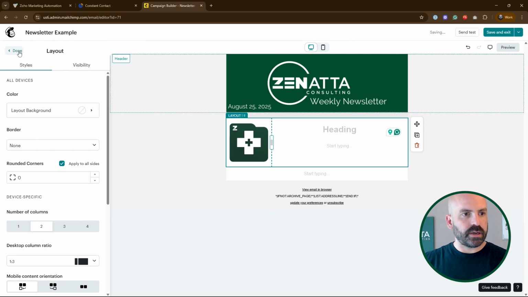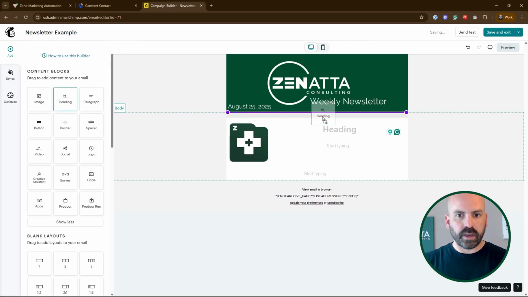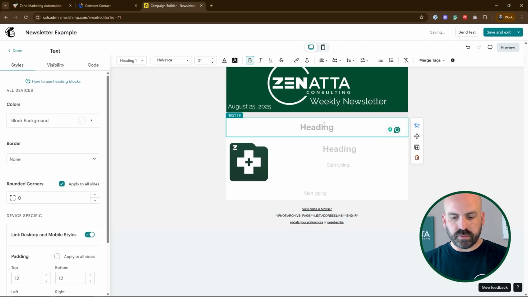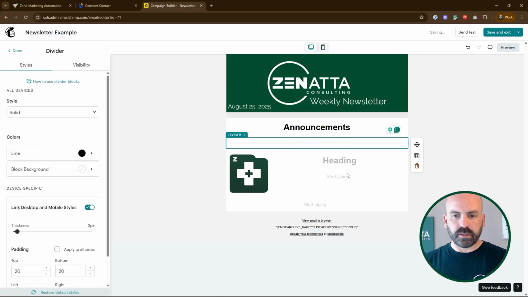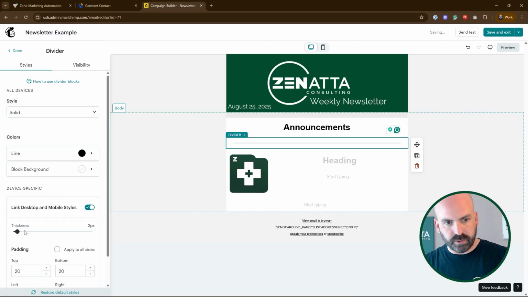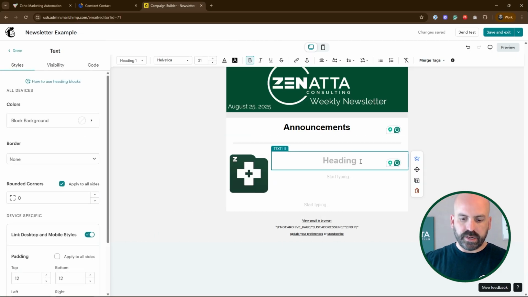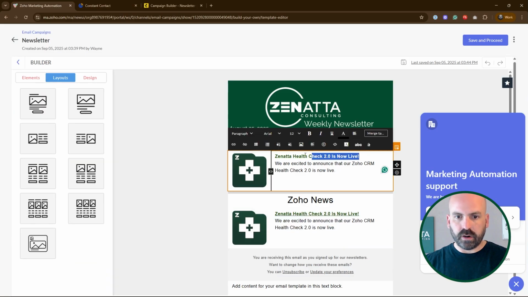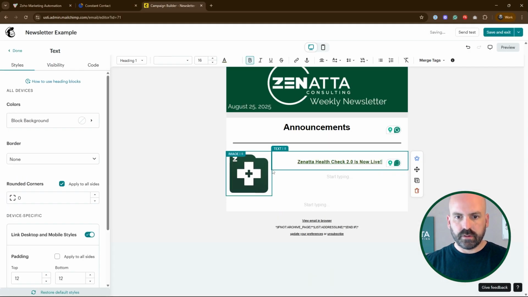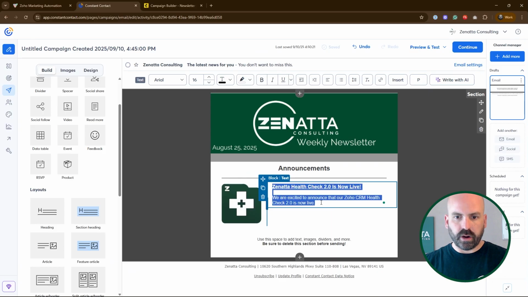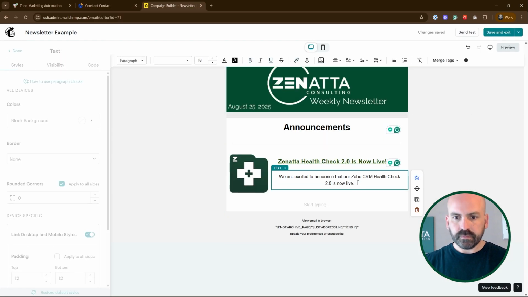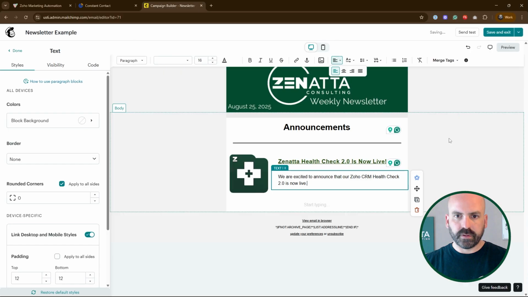Oh, actually, I forgot. We also need our heading above this. And this will say announcements. And then if we go back over here, we want our divider right beneath that. And I'm not going to adjust it, but we can go ahead and change the thickness. And then next we would, like before, copy our health check, and let's go ahead and format that to the left. Let's make that a little bit bigger. And then over here, we copy our text, drop that in, format it to the left,